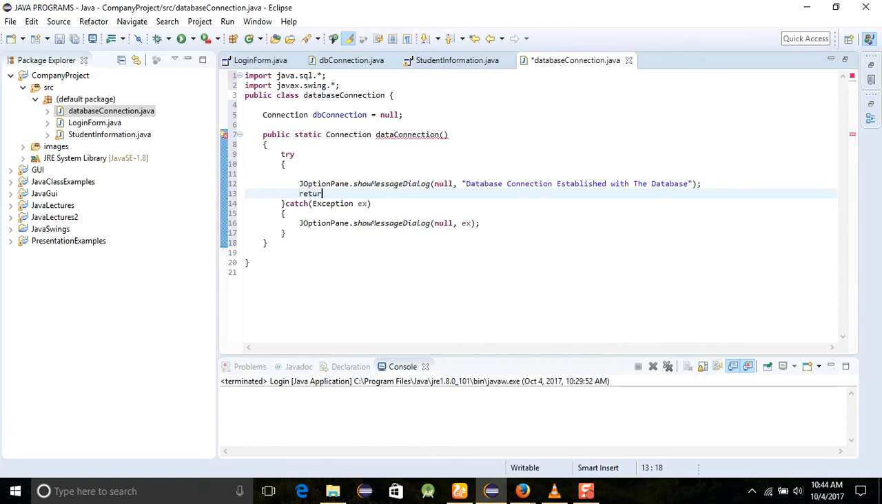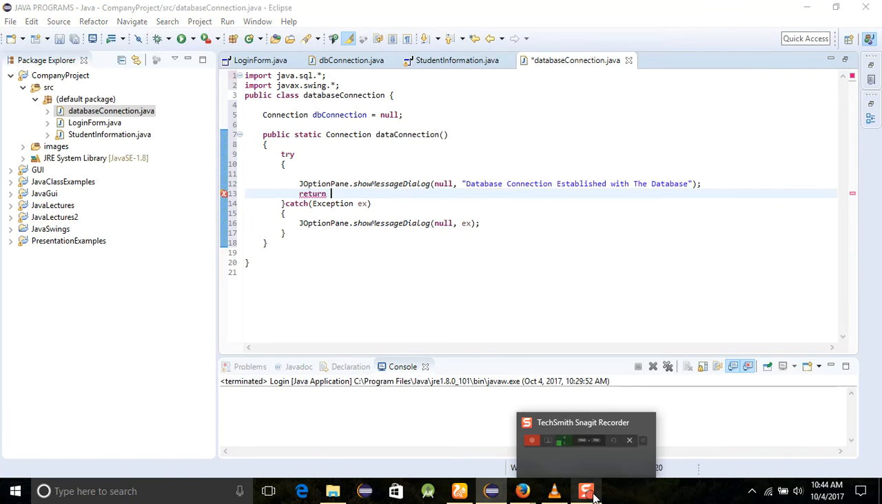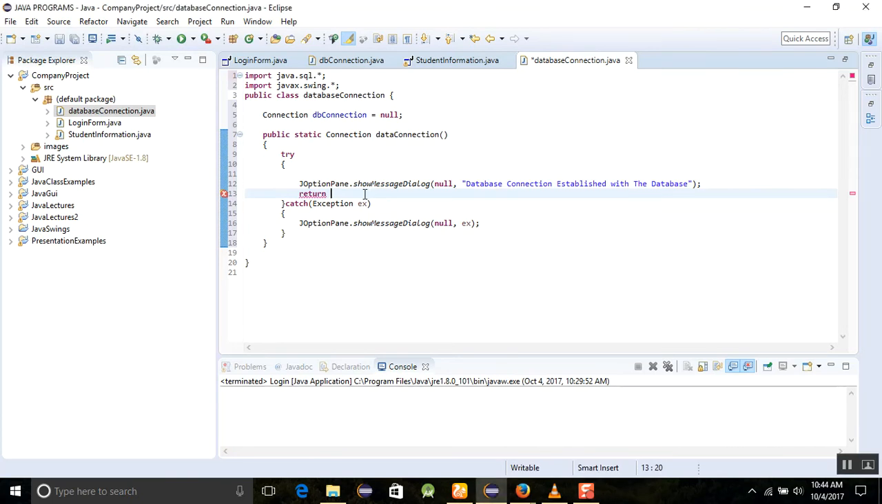Now we will return something, and what will we return? We will return this DB connection, and from here we are going to return this null. Okay,